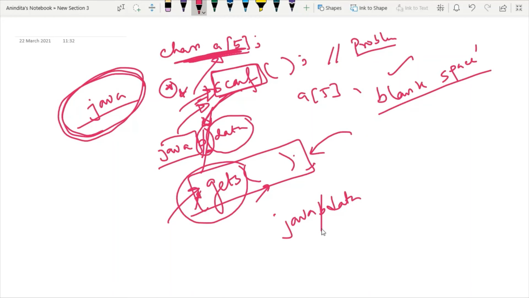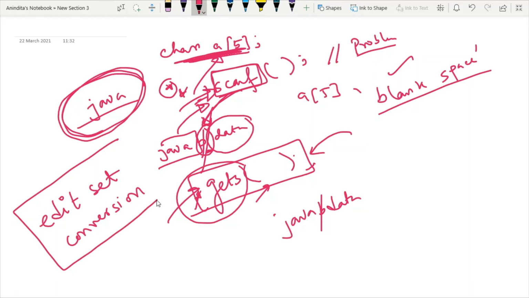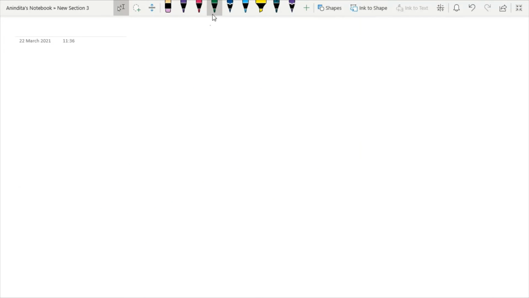Today, I want to discuss a very important thing, and this concept is known as edit set conversion. So, please pay attention here. Now, what is this concept all about? I was discussing a very simple topic, that is character array.